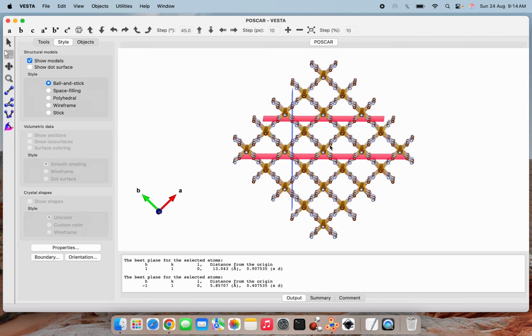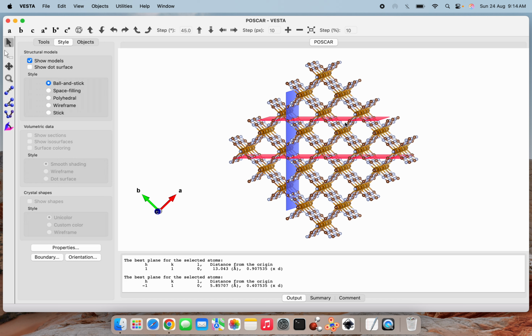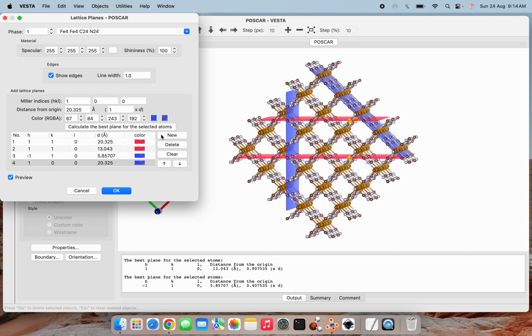Another we will also choose. Next, to choose another plane, I'm going to select some other atoms on the right hand side. Here I will be choosing this atom, and this carbon atom. Now again let's do the same thing: new, then calculate the best plane for the selected atoms. Okay, now it's done. You can also see over here the plane that we chose initially was 1, 1 and 0, and the plane which is perpendicular to this 110 plane is represented as -1, 1, 0